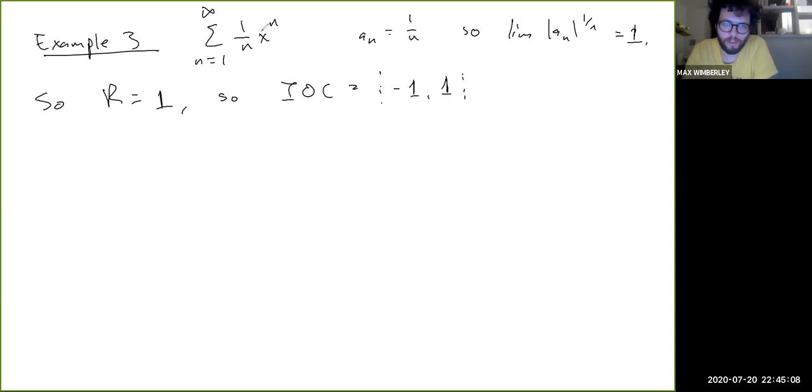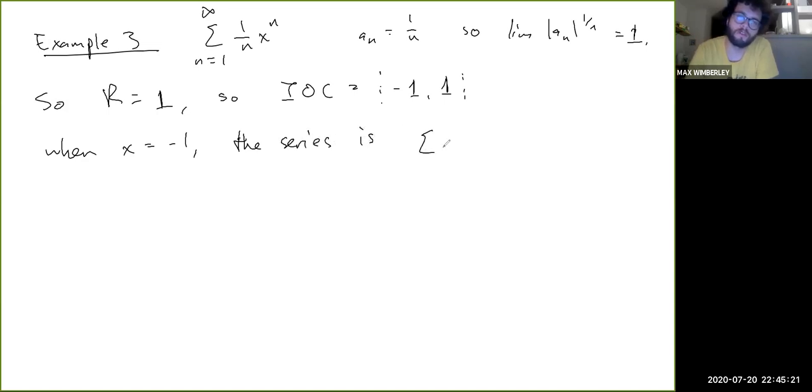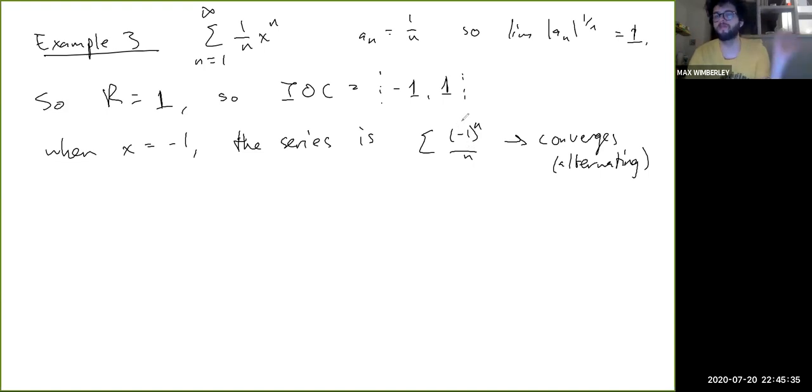But we have to check the endpoints again, right? You all pretty much always have to check the endpoints. So when x is -1, the series is the sum of (-1)^n over n, which converges, right? Because it's alternating. It's an alternating series, right? The terms approach 0, the absolute values decrease, and the signs alternate, right? Those are sort of the three